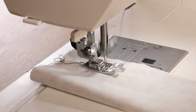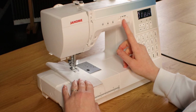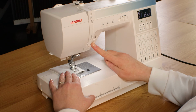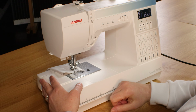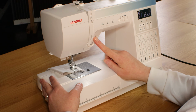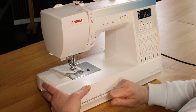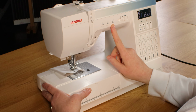Midway, and then up to top speed. And if you keep your finger on the button when you're nearing the end, it will slow right down for you to stop, and then you can do your reverse to secure it. Now the top speed on this machine was 820 stitches per minute. And to cut the threads, you press the thread cutter button,